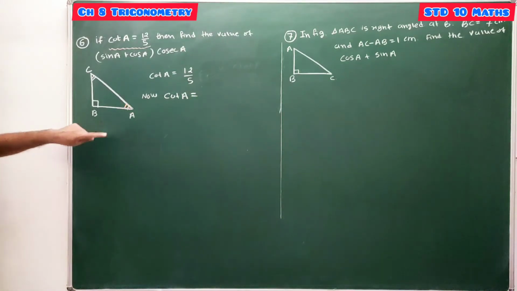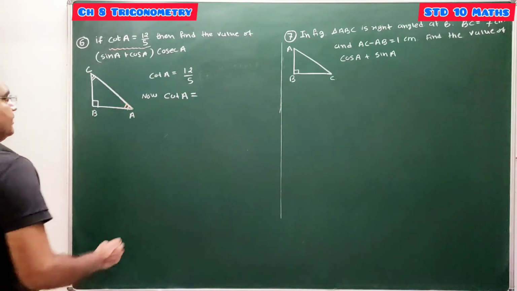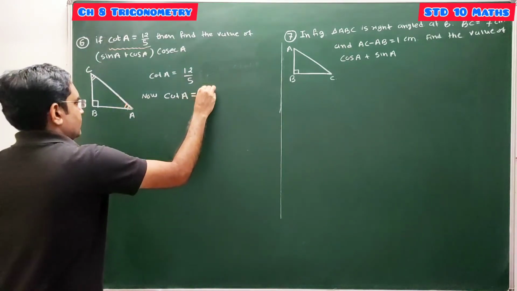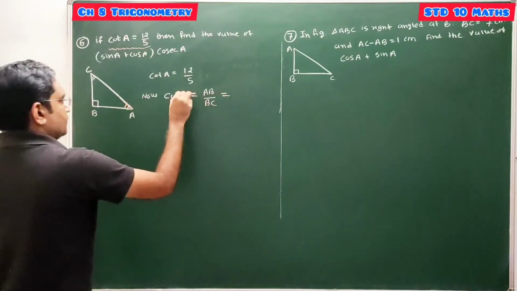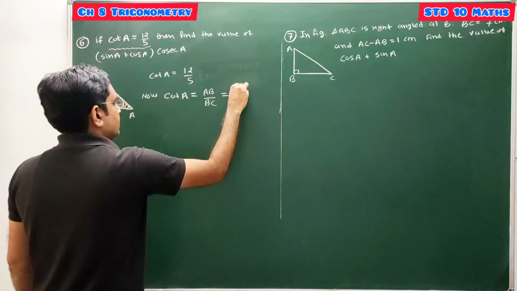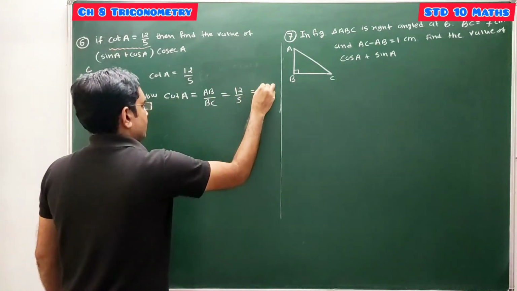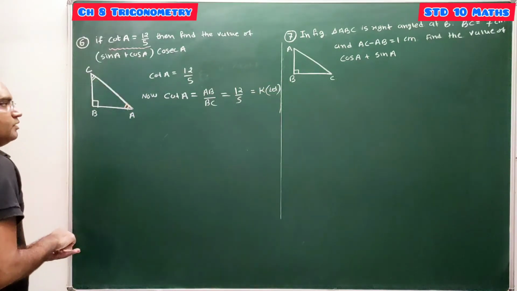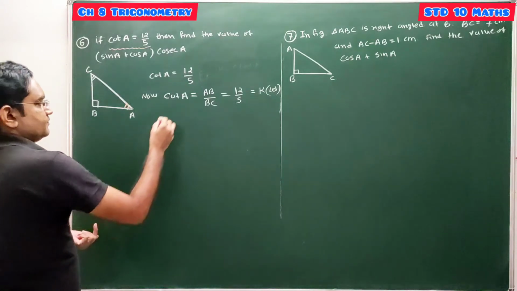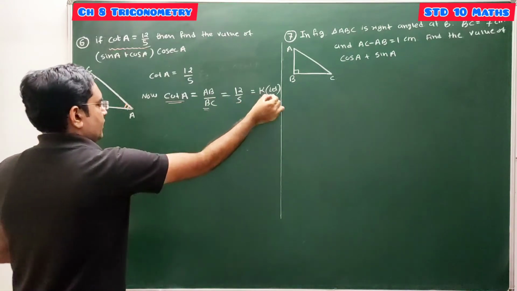Definition of cot A is reciprocal of tan A. Tan A is opposite side by adjacent side. So cot A is adjacent upon opposite side. So it's AB upon BC, and value of this cot A is given, which is 12 upon 5, and you have to take that ratio equal to K. That is our assumption. Done. जो भी ट्रिग्नोमेट्रिक रेशियो दिया है उसकी डेफिनेशन यूज करनी है एंड इक्वल टू K एज्यूम करना है.